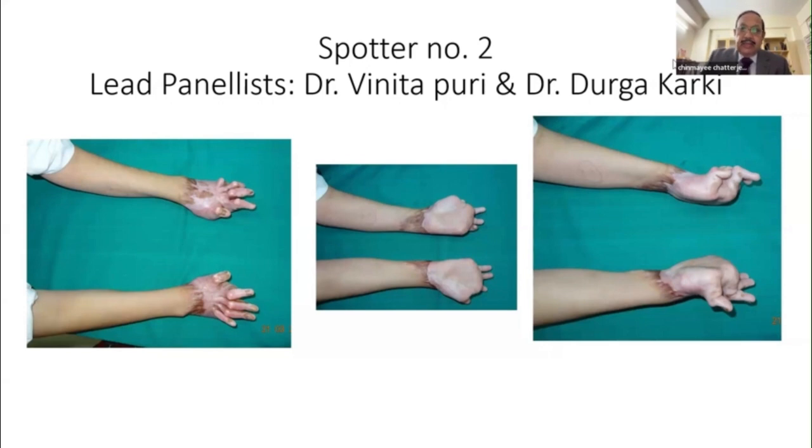And a lot of atrophic changes occur in the muscle. And clinically, if only one hand is involved, the other hand is normal. And if you measure the circumference at different levels of the forearm, you will find that there is reduction in the circumference of the affected limb, showing that it has atrophic changes to the underlying muscle.